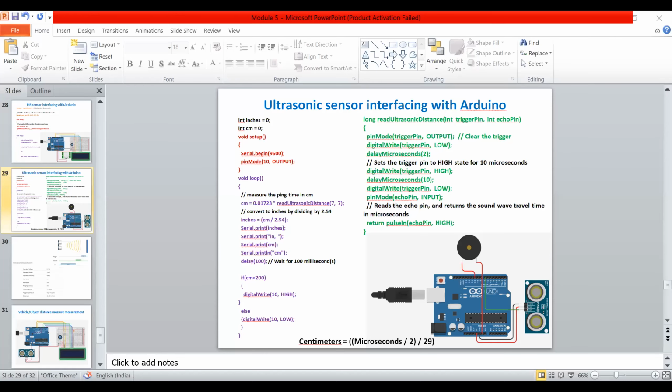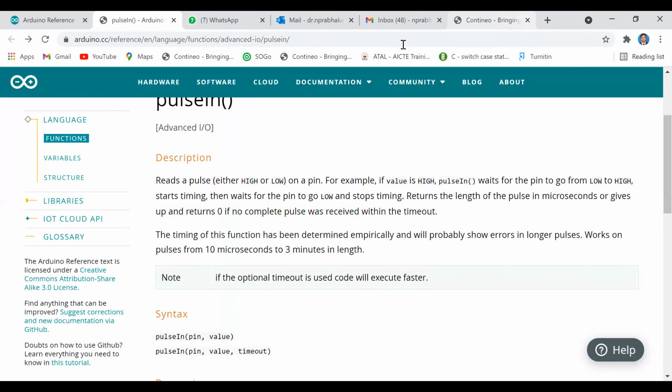So we'll go to Tinkercad. I will go to Tinkercad. Open new thing.